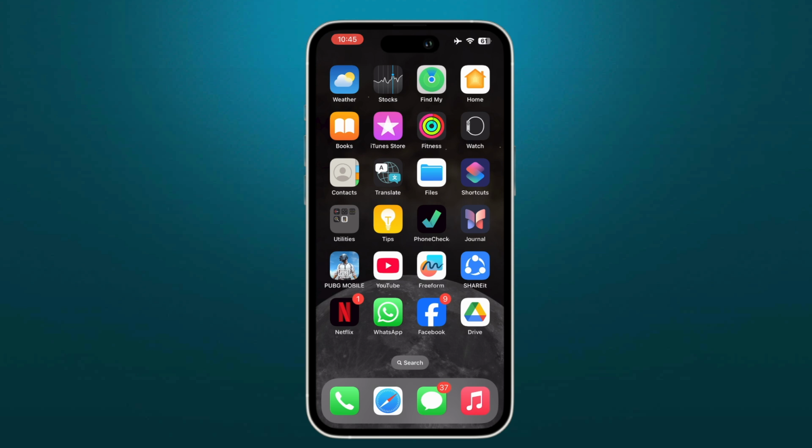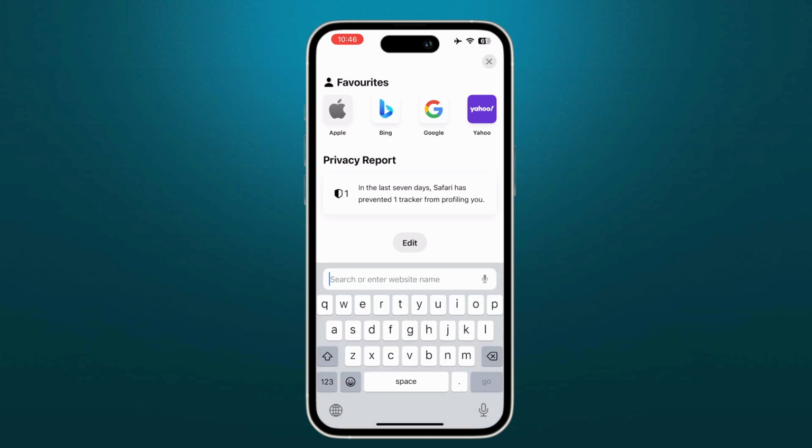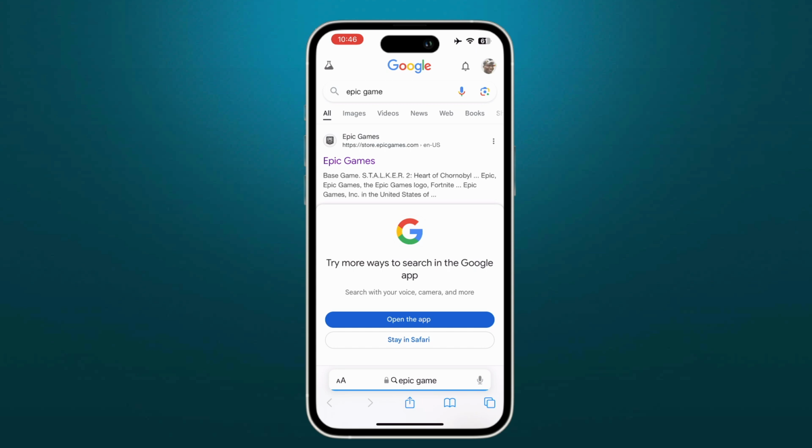In order to play Fortnite on your iPhone, just open your Safari browser, and once it is open, click on the search bar icon which is on the bottom of your mobile screen. After clicking here, you have to search for Epic Game Store. On the top, you can see the main website of Epic Games. Just click on it,